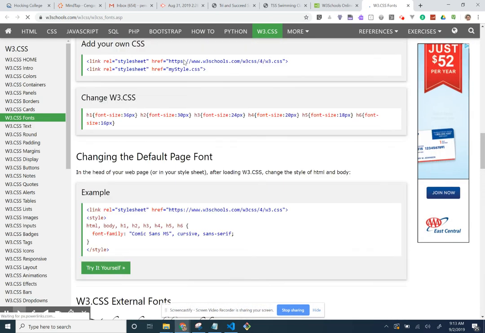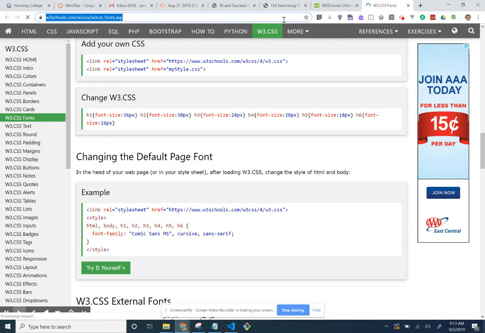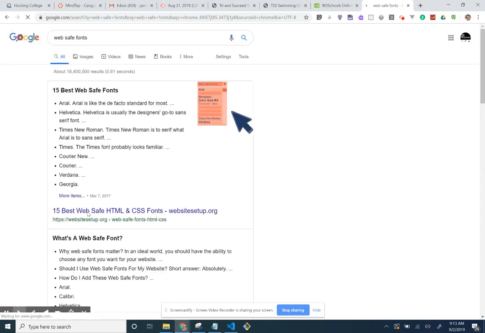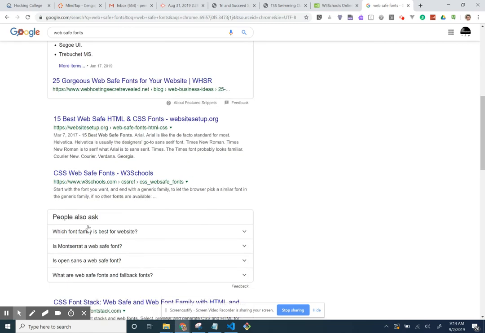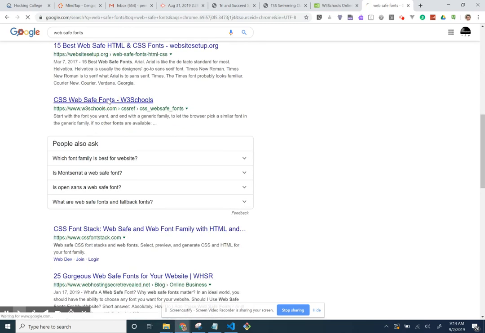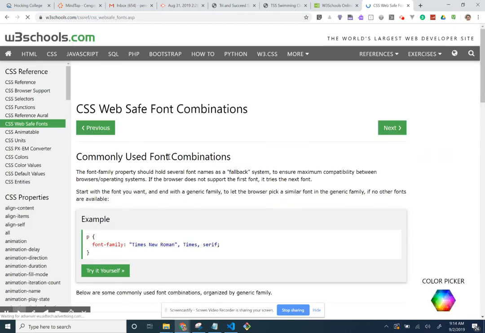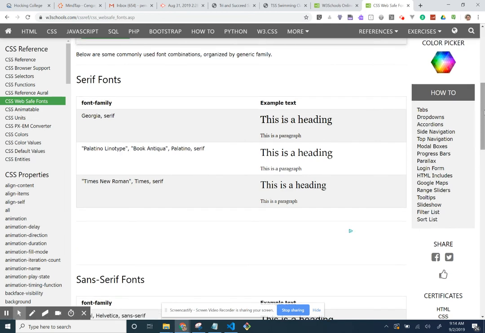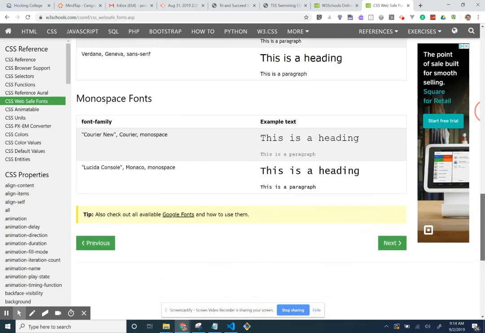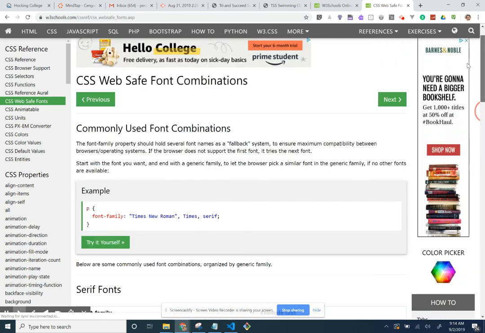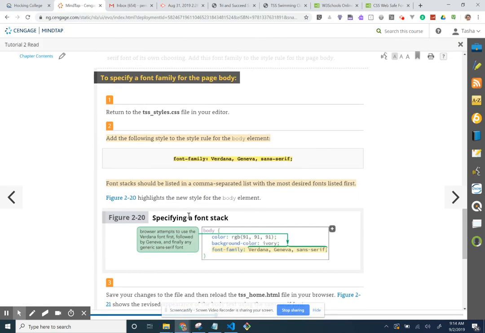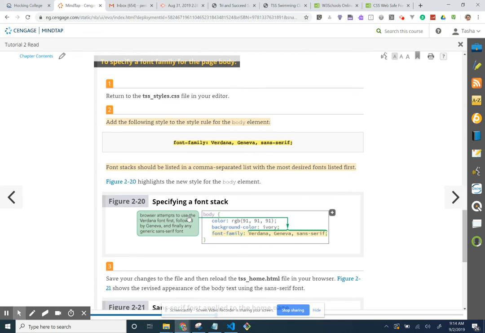It's not quite what I was looking for on this. Let's just Google web safe fonts. There we go. So when you're trying to decide on what kind of font to use, there's a resource here of website fonts. To specify a font family in the page, we're going to go back to